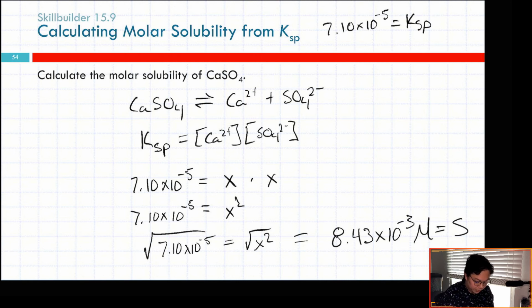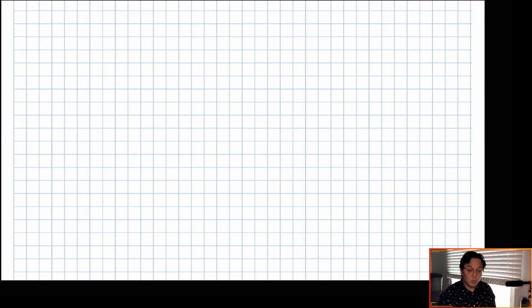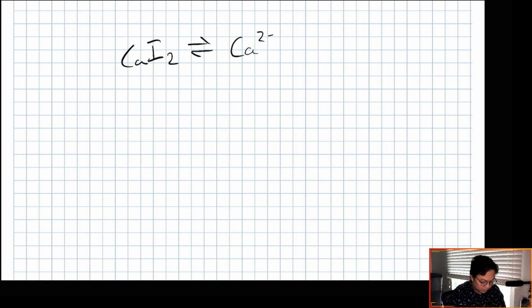So if you wanted to do a problem where you have more than a 1-to-1 ratio, let's use this example again, but with calcium iodide, sorry, not potassium iodide. What you would do is again write out your ion equation, Ca 2 plus